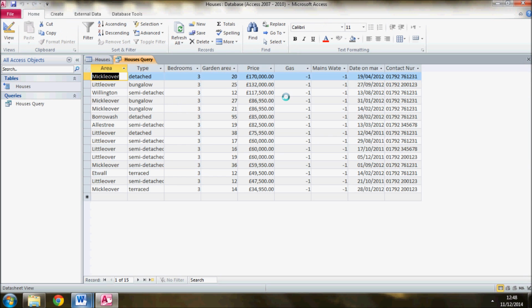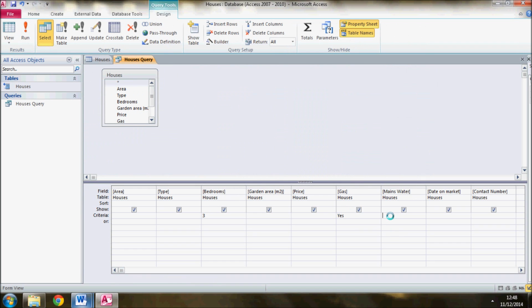Now it worked. It just shows the ones with mains gas. Now it asks you to do the same for water. And the other thing they asked for was price of up to 170 grand. Now this would be less than 170 grand,